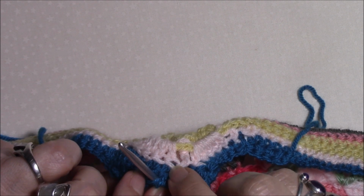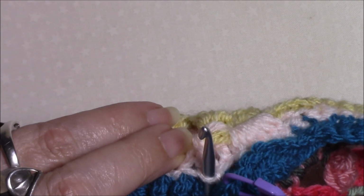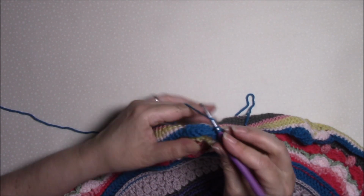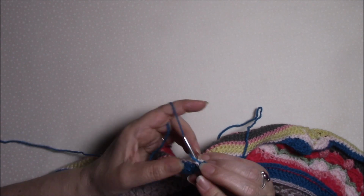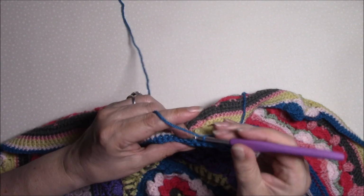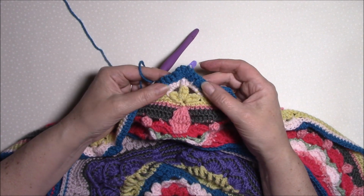That's the one there, so it's this next one here that we've got to make sure that we get into, so that we don't skip any stitches. Oops, sorry, wrong way. There we go. So that's 1, 2, 3, 4, 5 and 6. Okay, so we've folded all of those stitches over,